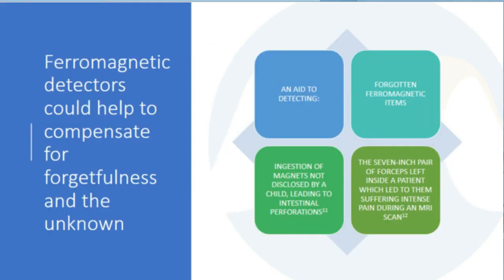Maybe a ferrous-free culture with appropriate ferrous-free equipment could mitigate some of the risks. We forget items, we don't know about items, so perhaps we need tools to help to compensate for our forgetfulness. If that means having ferromagnetic detectors which would alert us to hidden ferrous items, would that not be a good thing? I think they can only be of most use, though, if there's a concerted effort by all of us